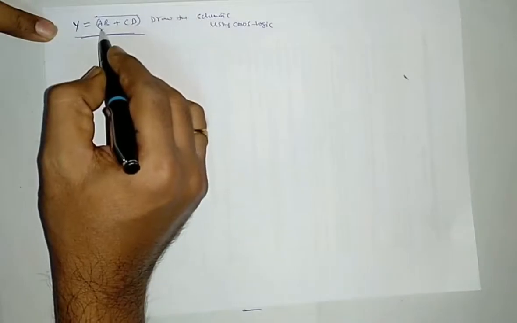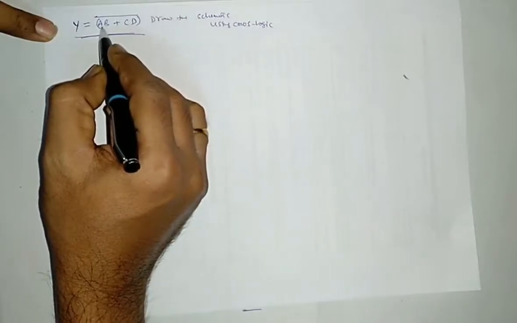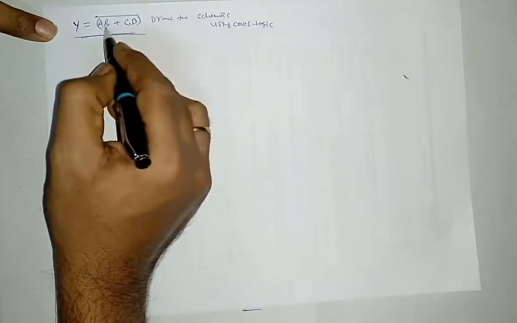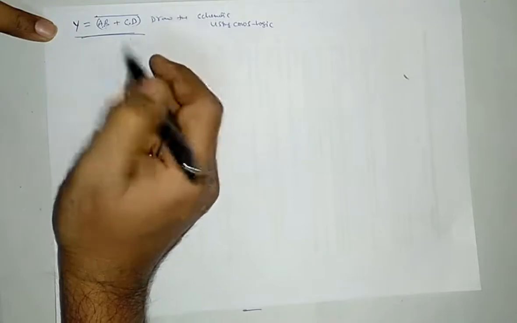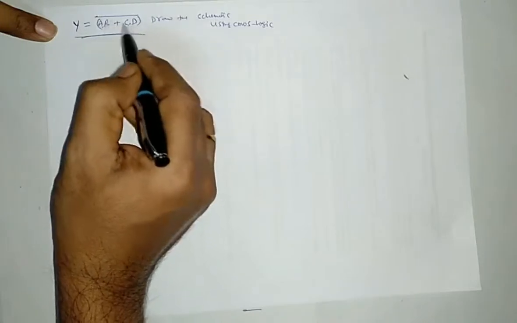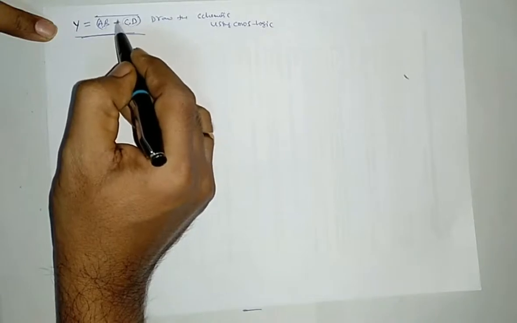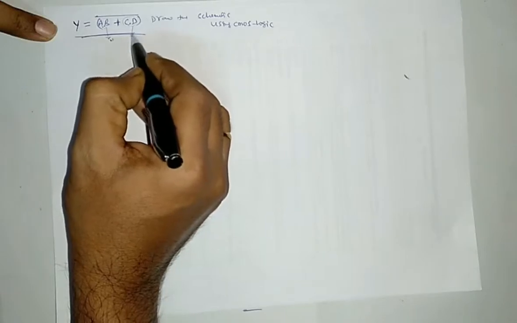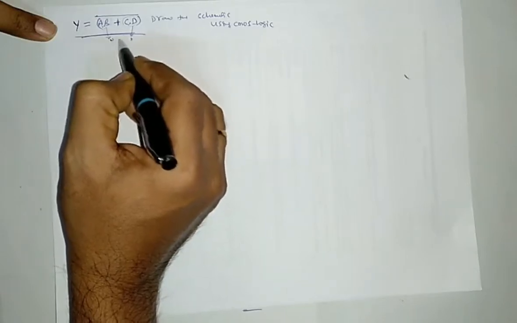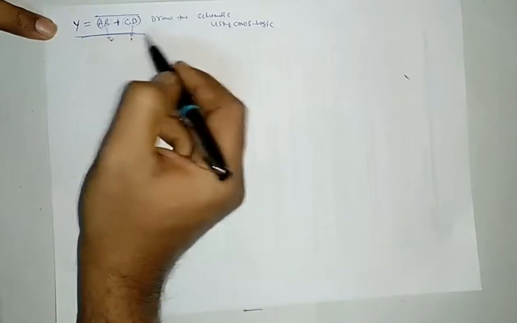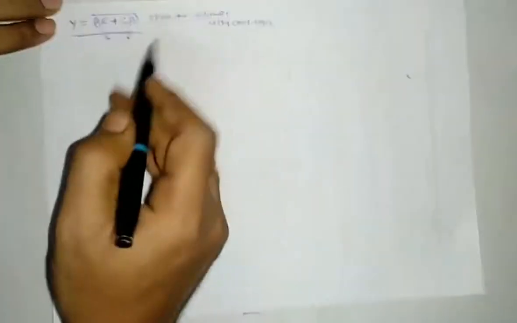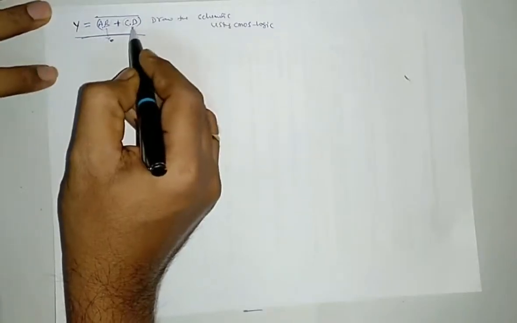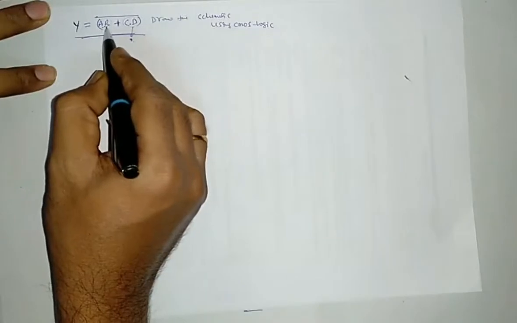If you observe, it consists of how many product terms? A and B is one, C and D is two. So it consists of two product terms, and these two product terms are ORed, nothing but one sum term. If you call them W and X, then W plus X, W or X, is the sum term. So first of all you have to draw A and B, then you have to draw C and D. A and B is nothing but a product term.